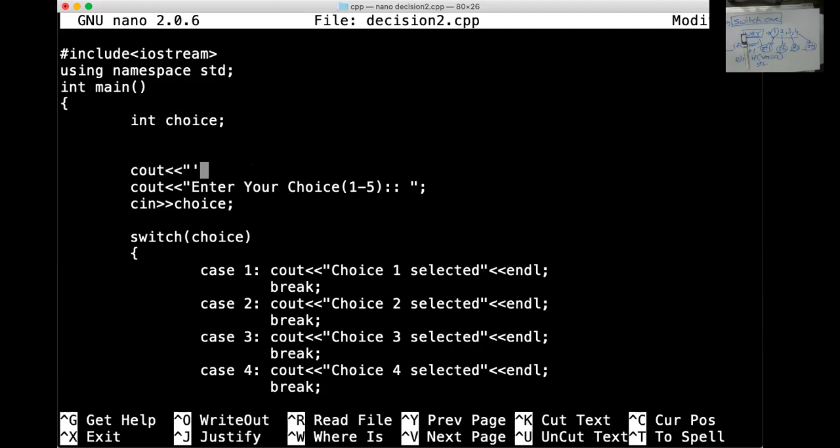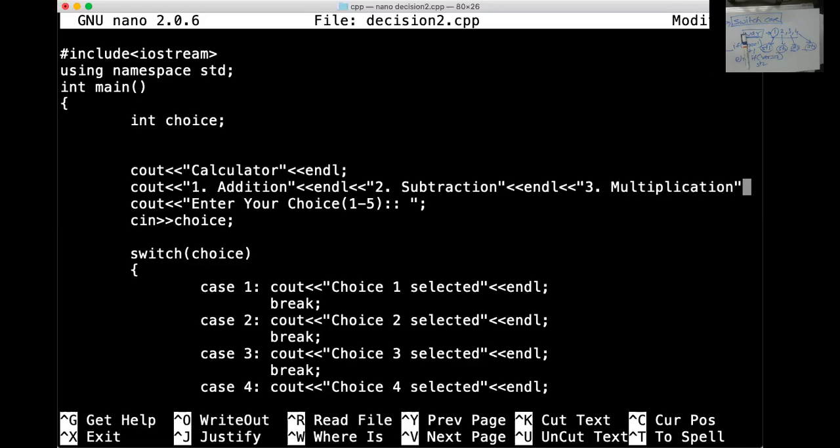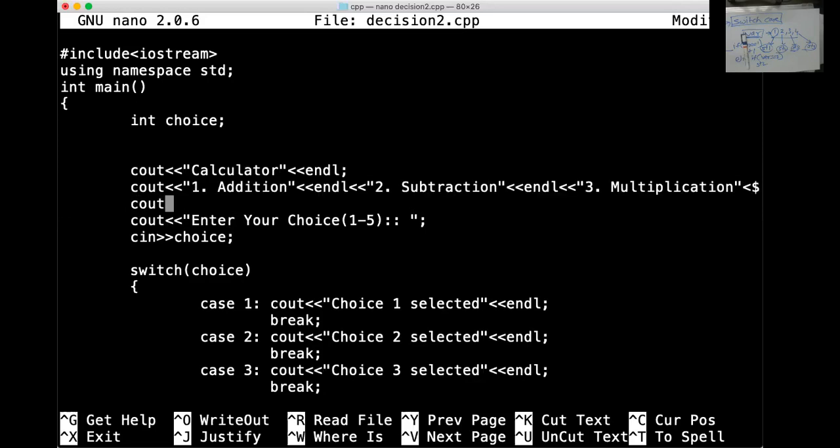So there, calculator, where choice one represents addition, choice 2 represents subtraction, choice 3 represents multiplication, choice 4 represents division, and choice 5 represents